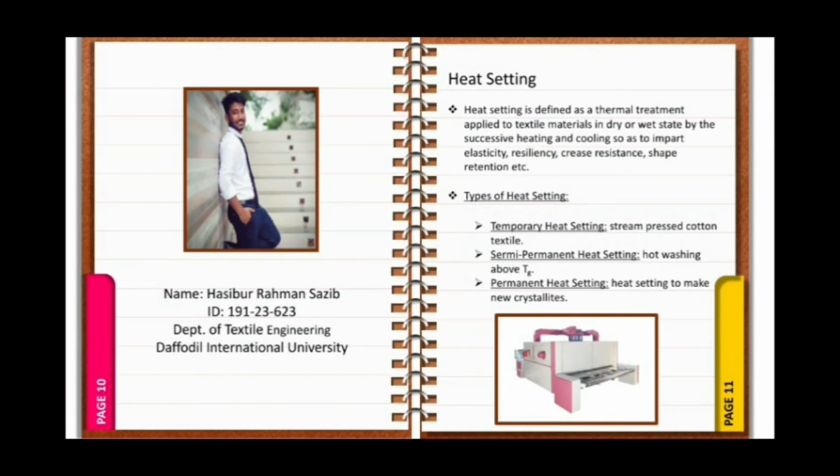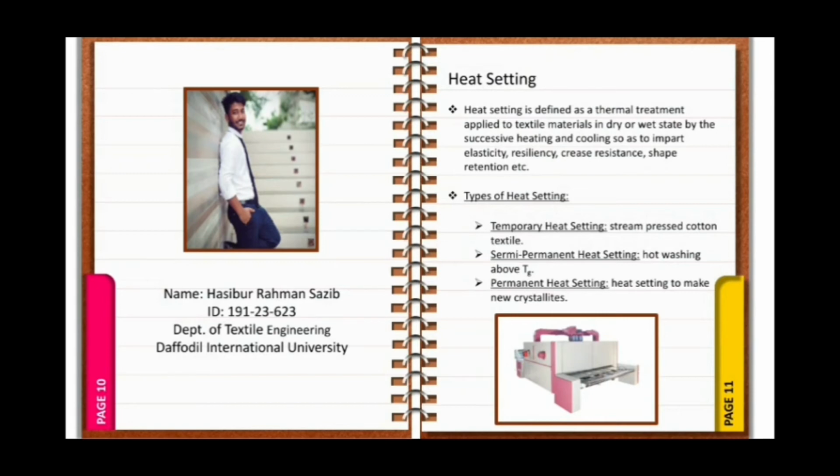After the heat setting is done, a material can retain its original dimension up to the set temperature. The process is done by hot air